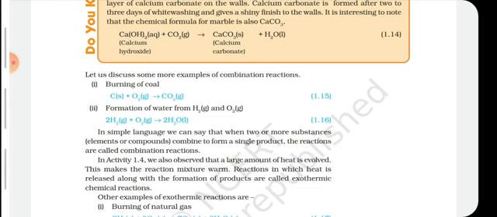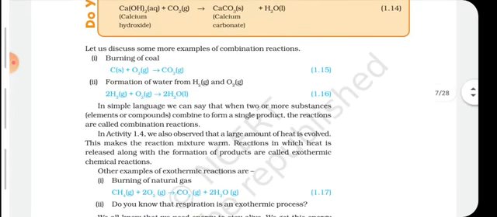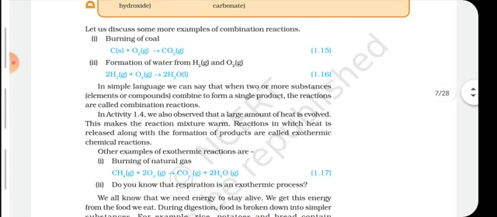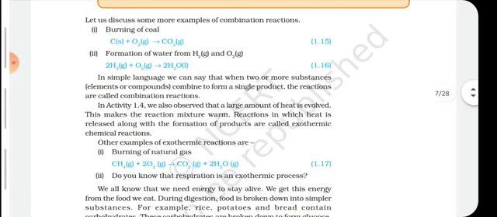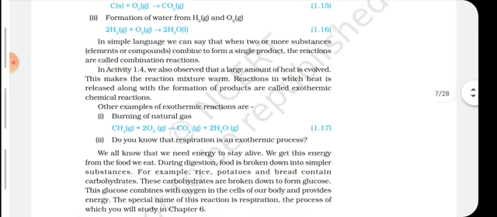We also learned a subtype of chemical reaction yesterday, and that was the exothermic form of reaction. The reactions in which heat is released or heat is produced, that type of reaction is known as exothermic reaction. I repeat, the reactions in which heat is released from the formation of the product are known as exothermic reactions. They have also given us the example of burning of natural gas in which heat is produced.